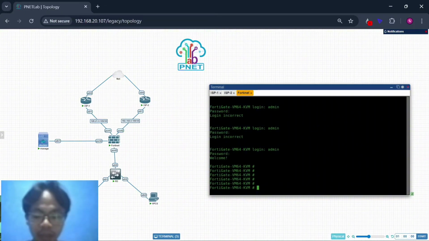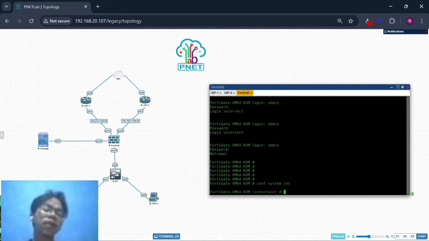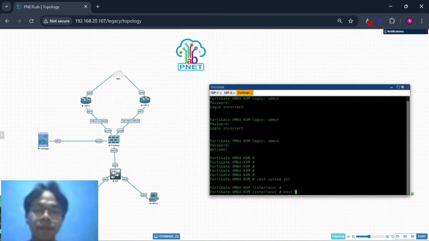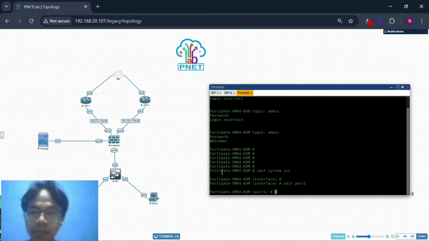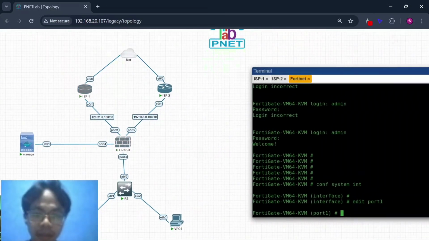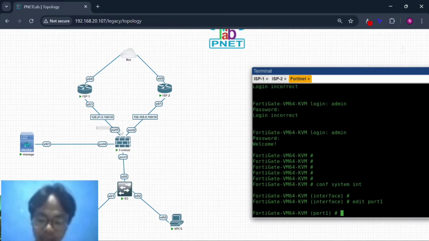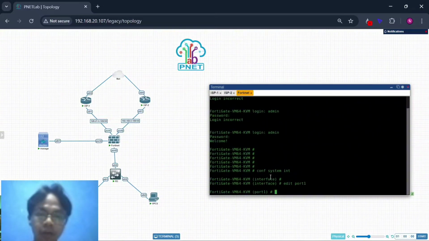For the configuration, if you want to add an IP inside an interface, you write this command: configure system interface, and go to edit port1. This is port 1 because I want to add IP in this interface.